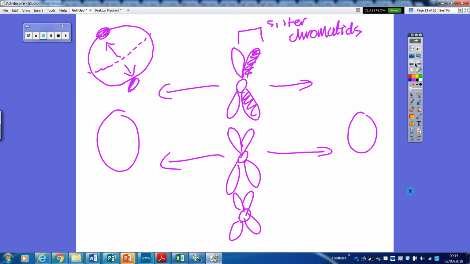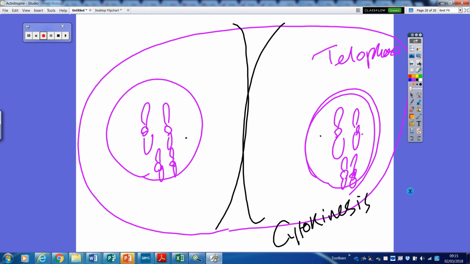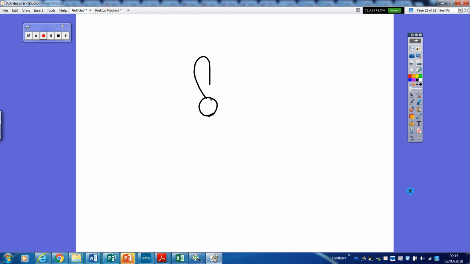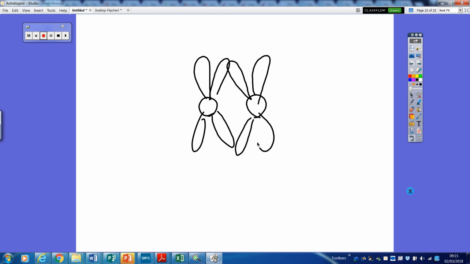If we go back to this phase, in metaphase, when they line up down the middle, we don't need two cells that are exactly the same. So we don't need every single chromosome to give us a copy into each of the two cells that we're making. In meiosis, we're going to make cells that have half the amount of information, and also we want to have a bit of variation. So metaphase is different in meiosis. What happens is, here is one chromosome, and instead of being down here, like we've just seen in metaphase, what happens is the chromosomes line up next to each other. Okay? So that's different. This is meiosis.